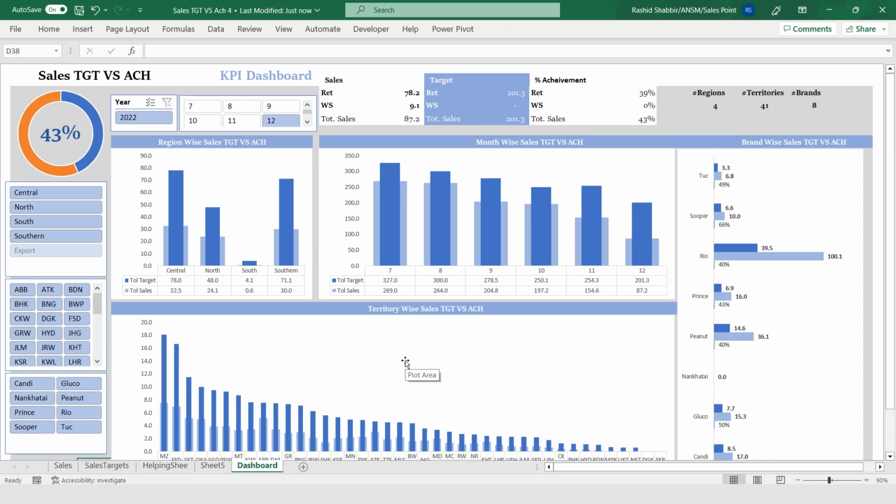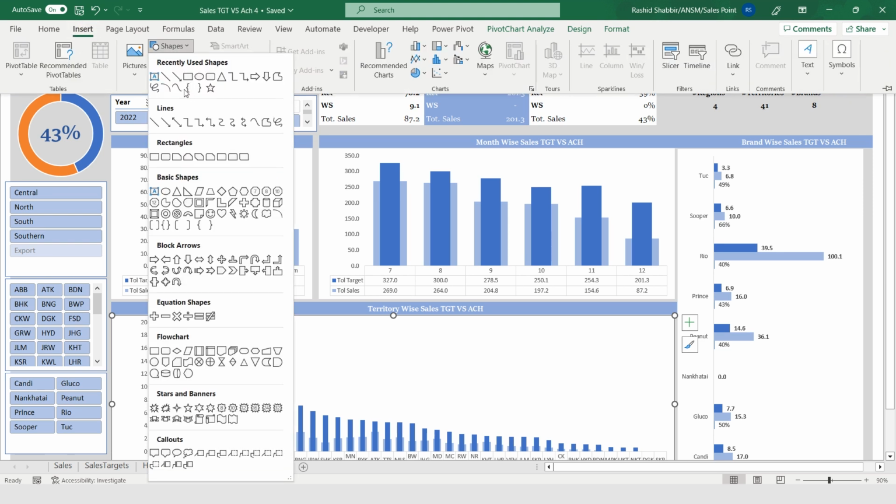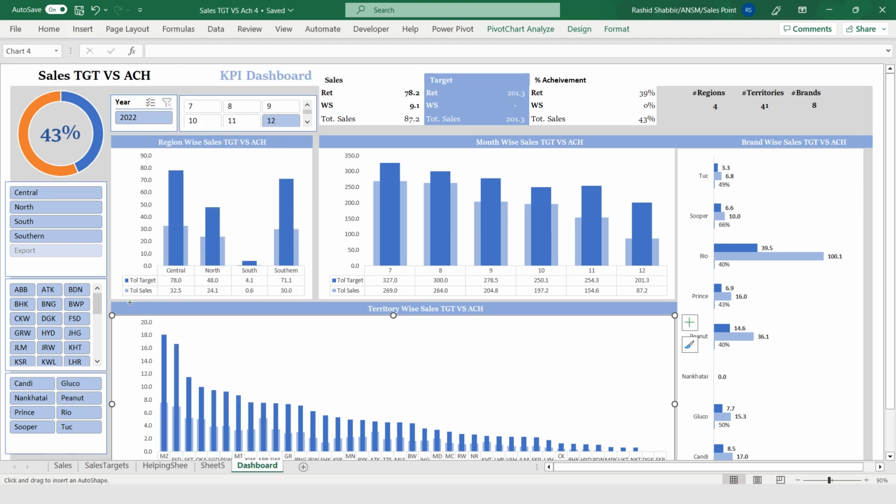So now at the end, what I have to do with this dashboard, I'm going to add 3 buttons with reference to this chart. You can filter out the top 6 territories and bottom territories, and you can get all the data for all the territories. So for this, first of all, I will go to shapes and insert 3 buttons here.